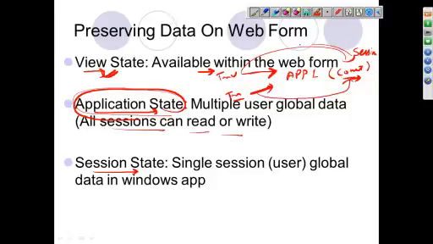Let's say I update it and make it 1. Now this is available in this session because this is a session variable. Initially count was 0. If another session reads it first, it will still be 0, because it is different for each session. It is not common. So one count is for this session, another count is for that session. It is specific to the session.